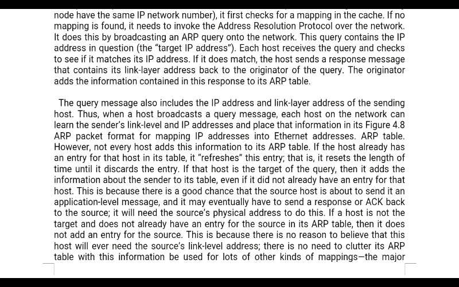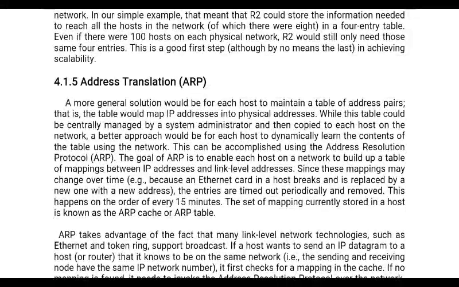This message is also received by all the nodes which are present over there. So they will also come to know that, okay, for this particular IP address, this is the physical address to whom it belongs. So they have got the knowledge, and they are also going to update it in the routing table. Okay, so this is how you know the physical address of the host whenever you want to forward the IP packet by executing the ARP algorithm. So that is address translation protocol by executing the ARP algorithm.